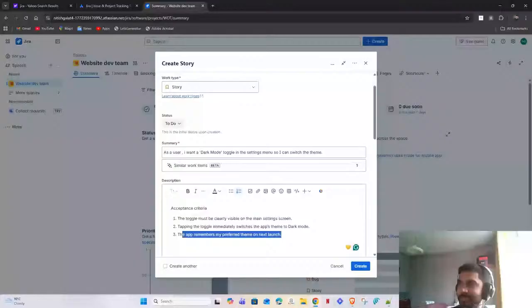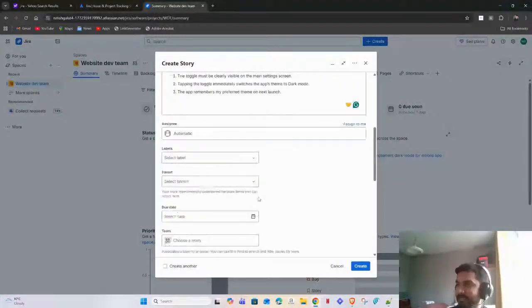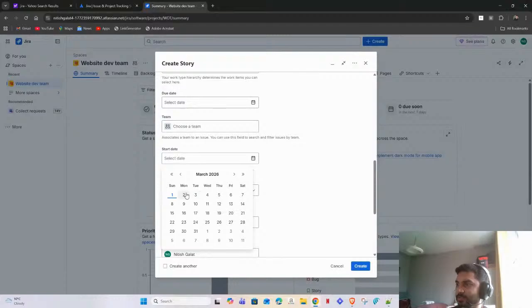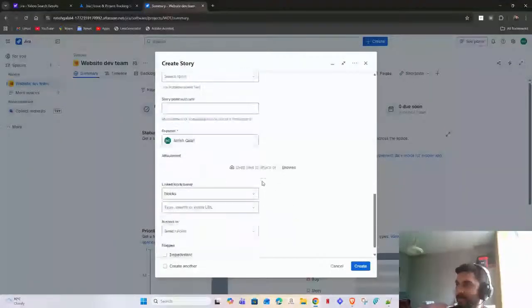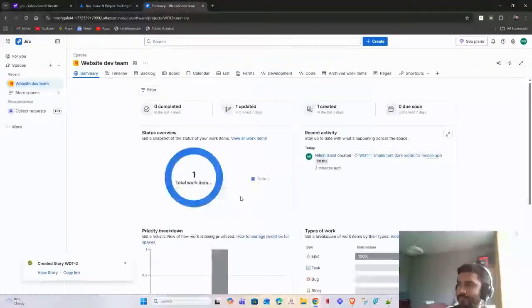Once you have done that, you can assign it to anyone or label it. Currently we don't want to label it. You can select a start date. So let's say I want this to start from tomorrow, which is Monday, and I want to keep it as it is. I can upload anything if I want to, or clip it. So I'll just do a create. As soon as I create, go to,